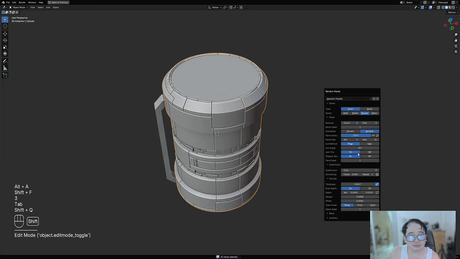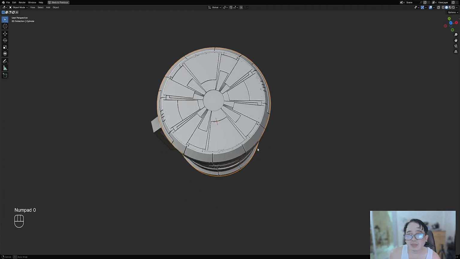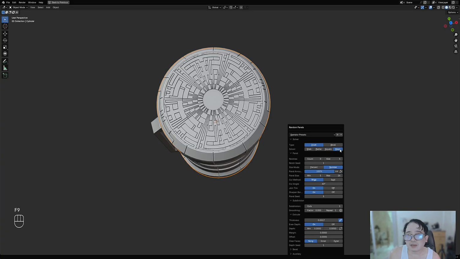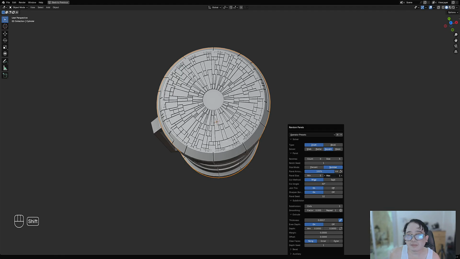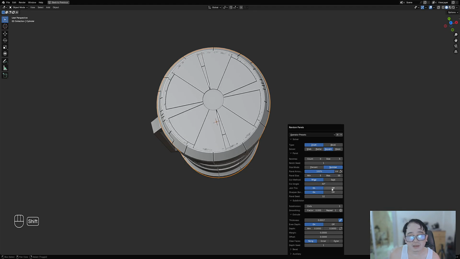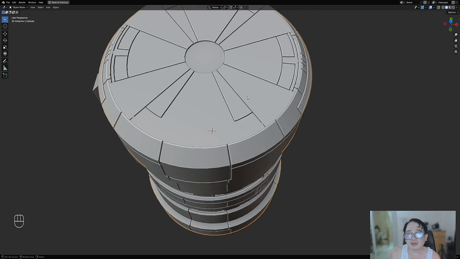But this one, let's get this back to 0.005. Base square. And let's find something that works. So if nothing works,